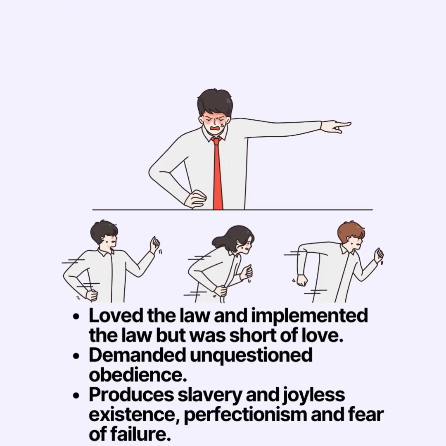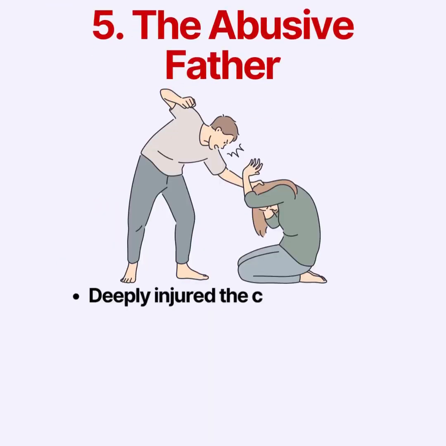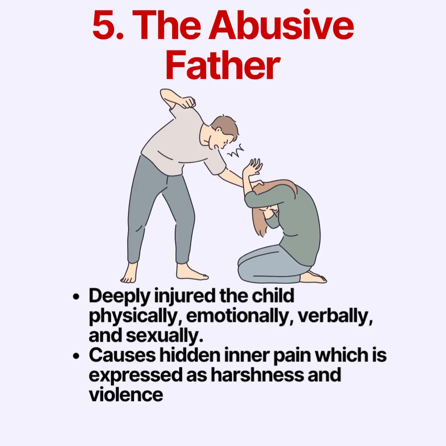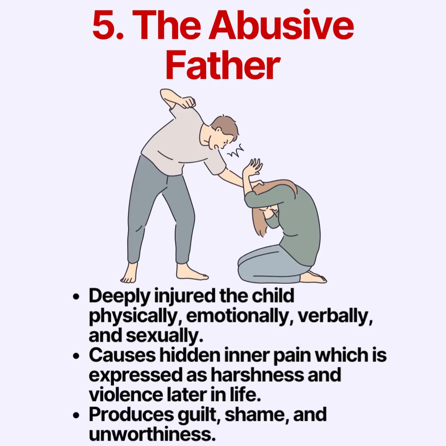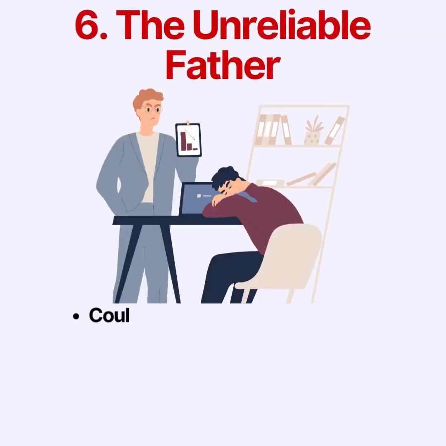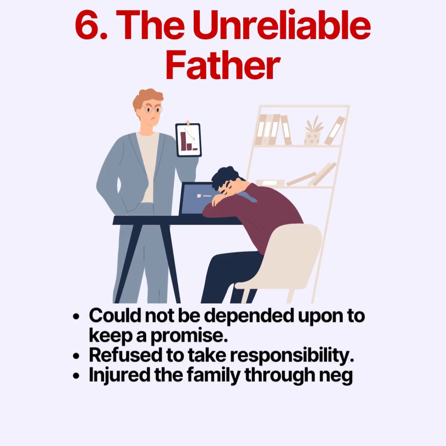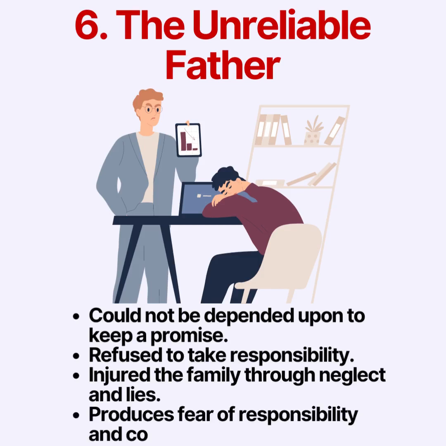Number five, we have wounds from the abusive father who deeply injured the child physically, emotionally, verbally, and sexually. This causes hidden inner pain, which is expressed as harshness and violence later in life, which produces guilt, shame, and unworthiness. Number six, we have wounds from the unreliable father who could not be depended upon to keep a promise. He refused to take responsibility and thus injured the family through neglect and lies, and this produces fear of responsibility